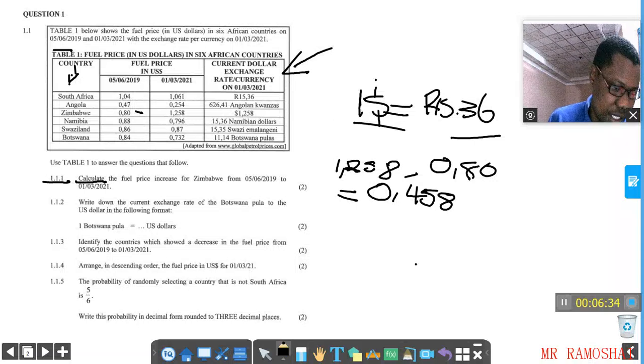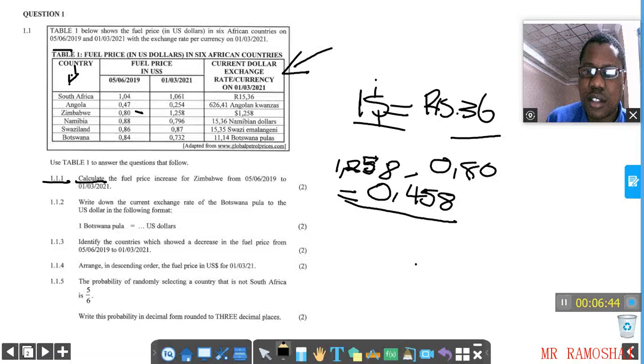So the price of fuel in Zimbabwe has increased by 0,458